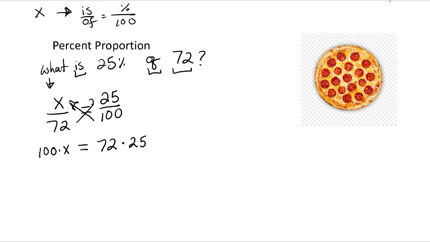How much is 72 times 25? Let's do this over here. 5 times 2 is just 10. Put down a 0 and carry a 1. 5 times 7 is 35, so we have 36, including the 1. 2 times 2 is 4. 2 times 7 is 14. And so when we add this up, we get